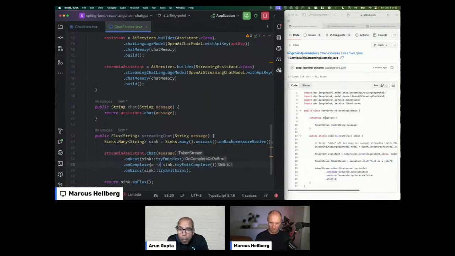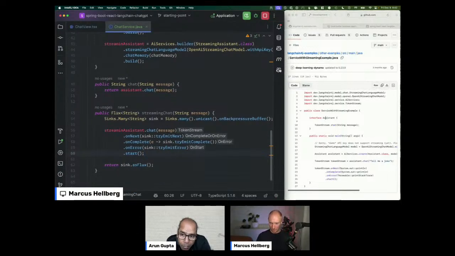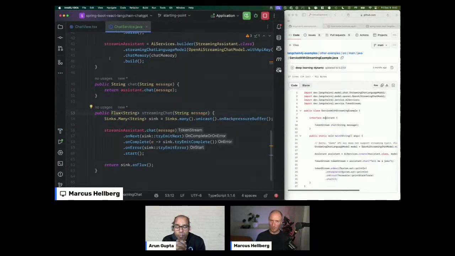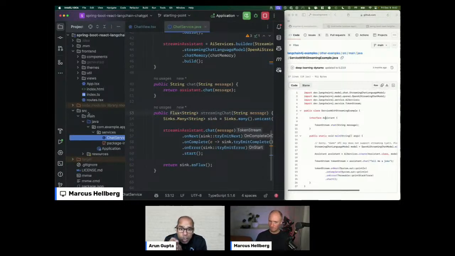The complete takes in an event, but the sink doesn't have an event, so we disregard that. The last thing we do is call start, and that's going to get the whole process started. So again, a little bit of code here, nothing too crazy. We're essentially just piping from one stream to another, and we have a public method that returns a Flux. I'm going to build the application again so that we get the TypeScript generated. The biggest advantage of using this Flux is that it's something you can subscribe to, and that gives you the ability to inject it into the browser accordingly.